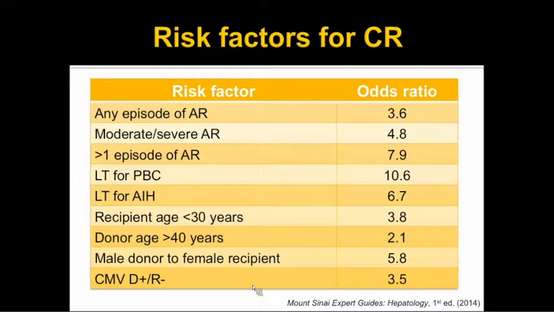And the bottom two here, so whether there's an issue of sex mismatch increasing risk of chronic rejection, that's something that really was reported in one study back in the cyclosporine immunosuppression era. It hasn't really been verified in other studies that have looked at that as a risk factor. So I don't know whether that's truly a risk factor, but it at least is reported in that one study. And then more recently, there's a question of whether transplanting somebody, a CMV IgG positive donor into a CMV IgG negative recipient may also increase risk of graft failure.